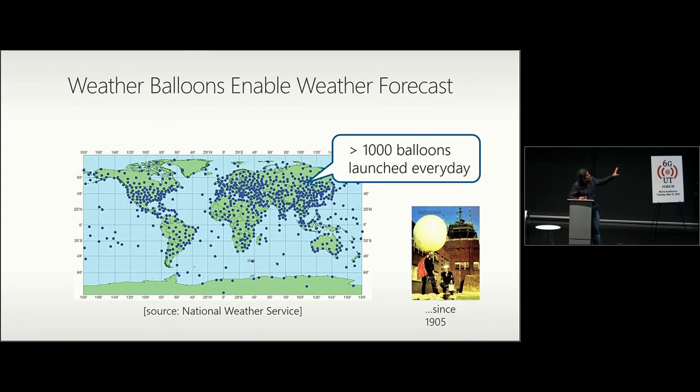So we have this network of weather balloons, which is almost 100 years old. We've been flying these weather balloons for 100 years. At around 200 sites in the US and more than 1,000 sites across the world, they do these balloon launches, in the morning and usually in the evening. These are weather measurement devices, sensing devices that you release. They'll go up to 110, 120, 130,000 feet.